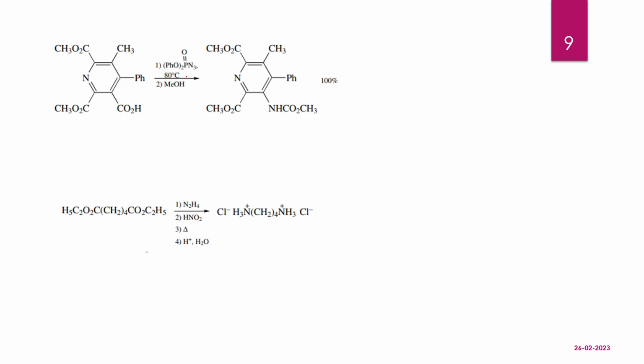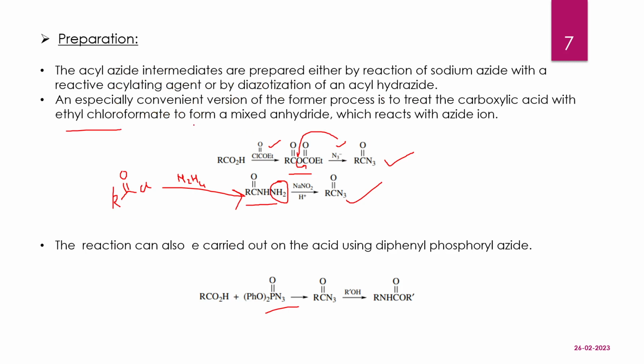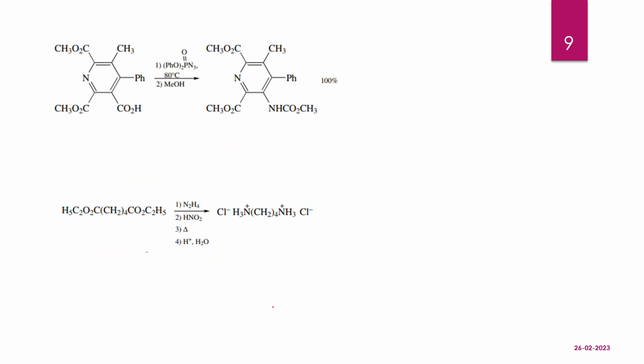This reagent I have taught already. This reagent is also used for acyl azide formation. From acid to azide formation, we use this reagent. What is happening by using this reagent? In this, you see, there is only one acid group. This is an ester. Only one acid group is there. If you consider this total group as R,